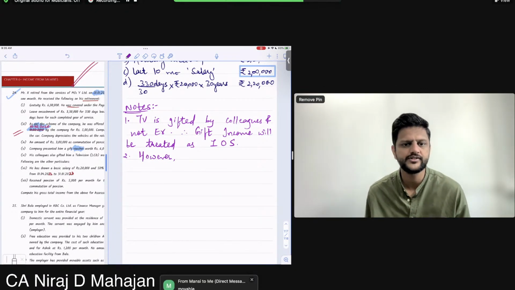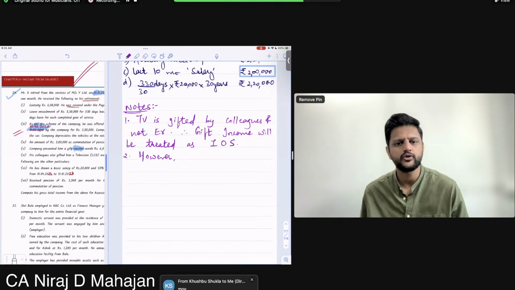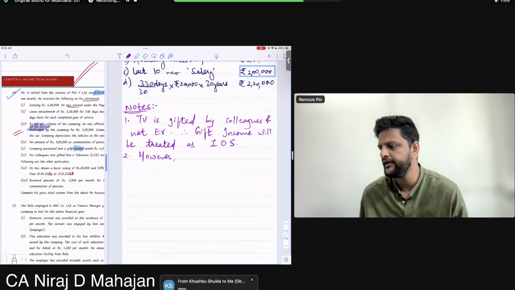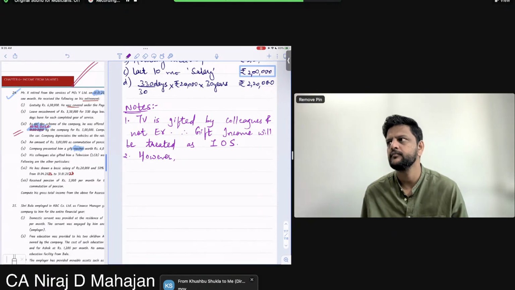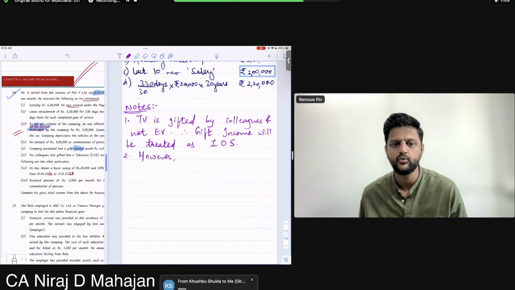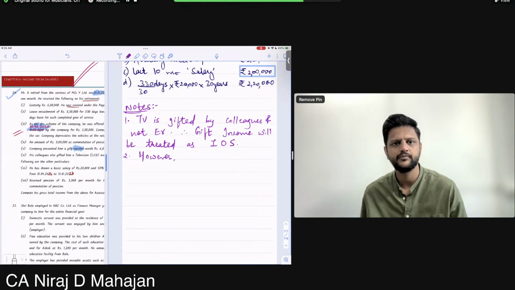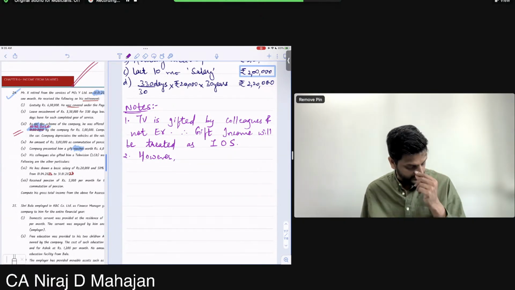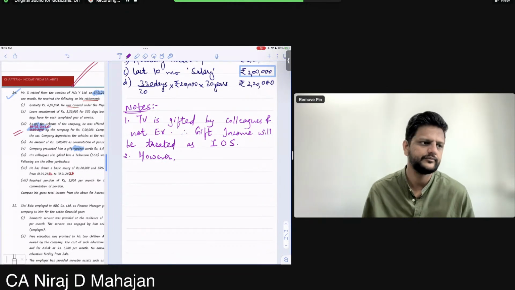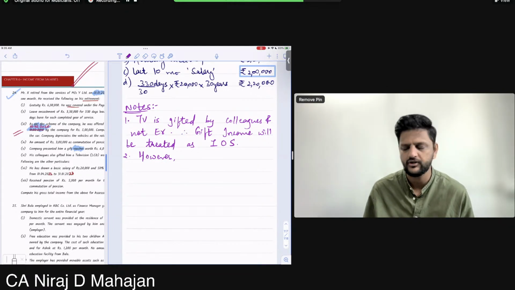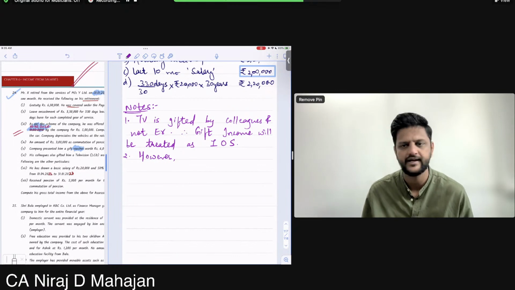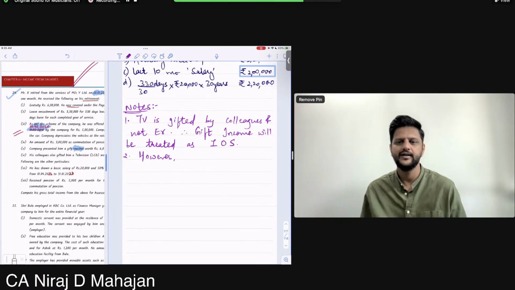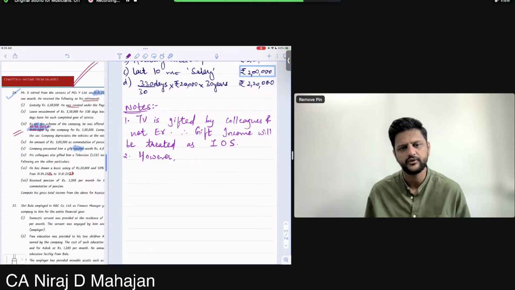TV, bachcho, obviously will consider it as movable. That is also the reason you might have heard or seen about gifting of costly watches, cars. These things are gifted by, you can say, celebrities, etc. Because these gifts are fully exempt. Movable property gifts are fully exempt. There are certain exceptions to it, but normally.